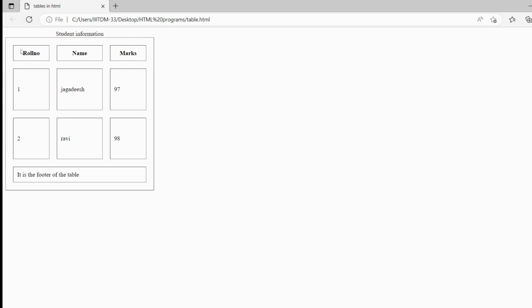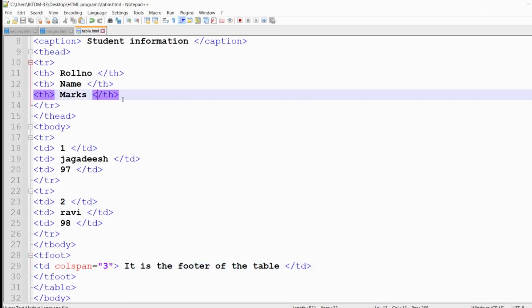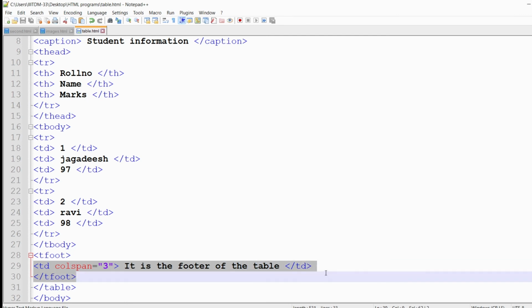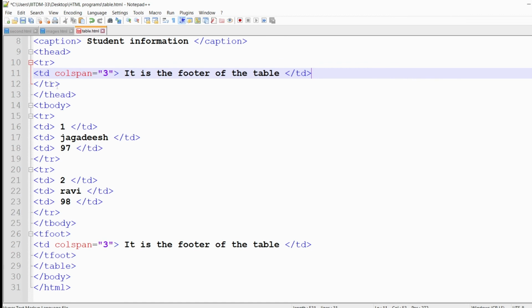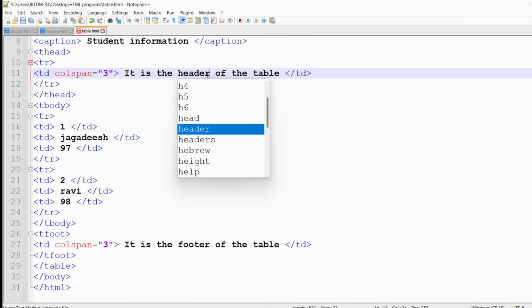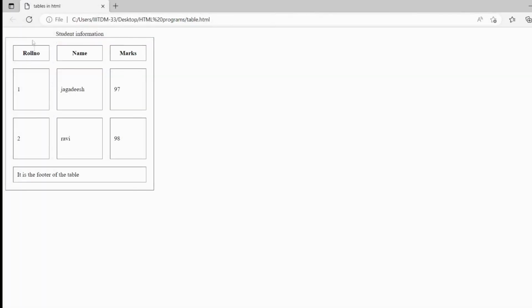Similarly, if you want to have the table heading also like this, then you can do it. Let me copy this one and paste it. Here in place of this information I will paste this one. Okay, it is the header of the table. Let me save this one and let me refresh it. Now you can see it is the header of the table, and you have the body, and it is the footer of the table. So using these tags you can split a table into 3 portions such as header, body